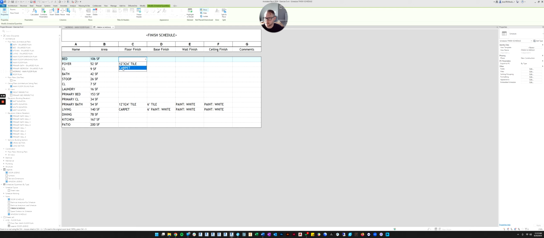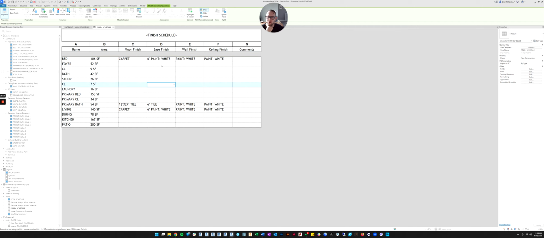And since I already entered it once, it'll be in the drop down, and the finish would be 6-inch painted baseboard. The wall will be white, the ceiling will be white, and there's no comments. Or maybe there's something else I want to put in the bedroom. I could make a note about the walls, or maybe you want this room to be satin instead of matte paint.